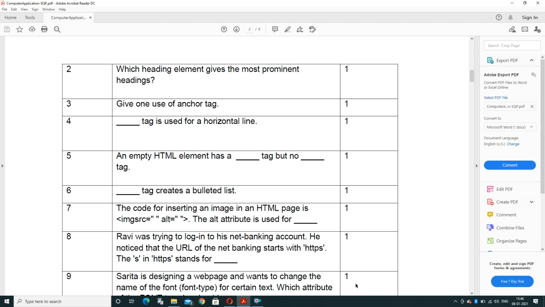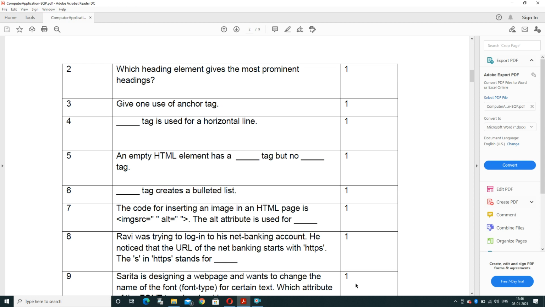Question number 6. Dash tag creates a bulleted list. A bulleted list is also known as an unordered list. So the answer will be UL tag is used to create a bulleted list. One more thing, when you are writing UL, it will be written in opening and closing braces. Firstly we will write the less than symbol, then UL, then the greater than symbol.